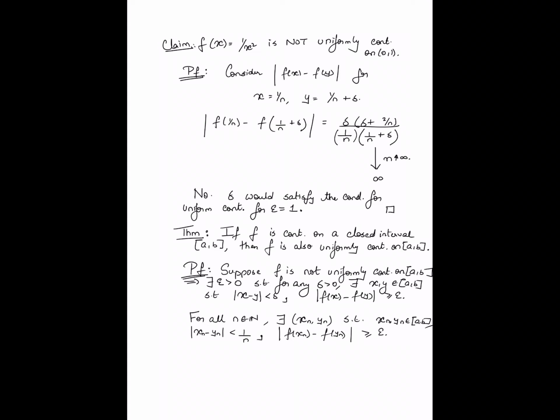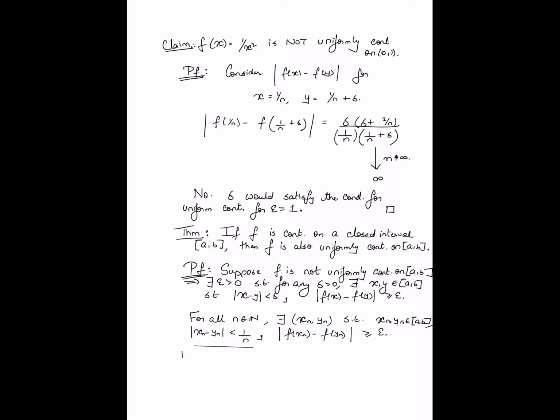Right? So we are building on the hypothesis that f is not uniformly continuous. There is some positive epsilon such that for any positive delta, I can find 2 points x and y which are within delta distance apart such that the function values are greater than or equal to epsilon apart. Now what I'm doing is choosing delta to be 1 by n for different natural numbers n. So xn and yn are at most 1 by n apart, but their function values are in fact at least epsilon apart.